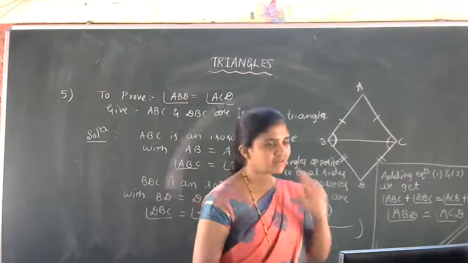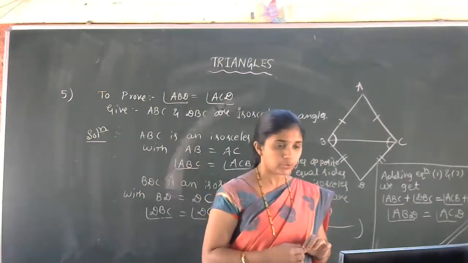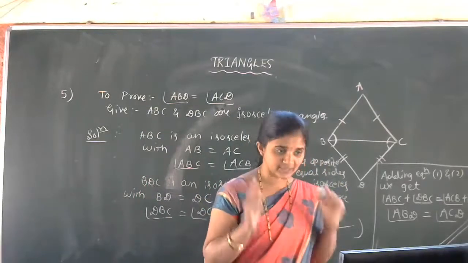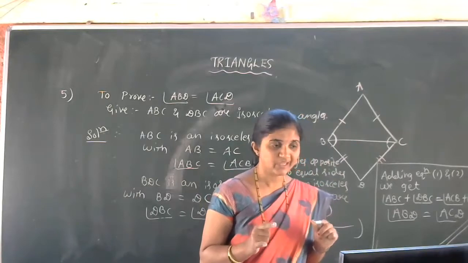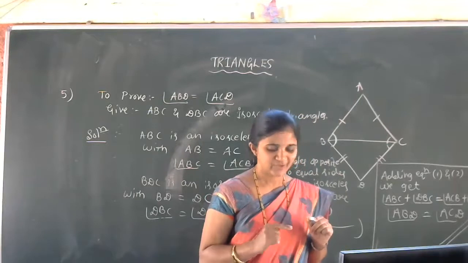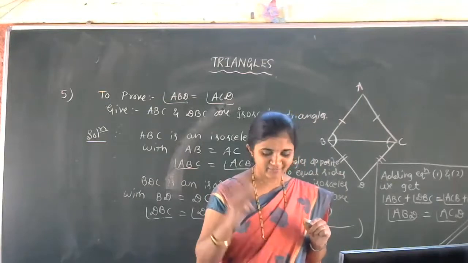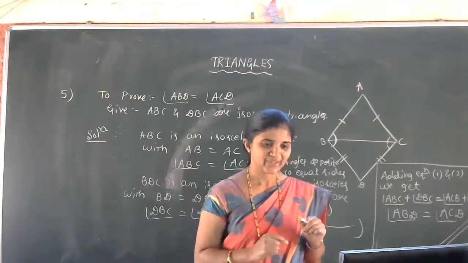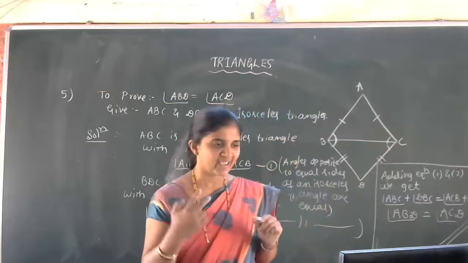So now what we got actually, AB is equal to AC. Now this AD is equal to AB. Can we say that AC is equal to AD? Yes, of course, AC is also equal to AD. Anyhow, these three sides are equal, in the sense these two sides are also equal.